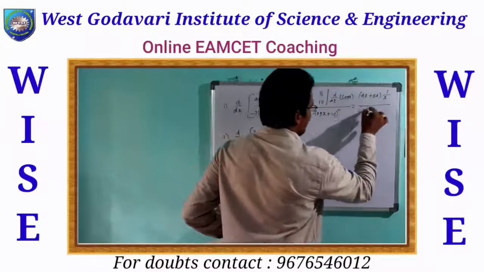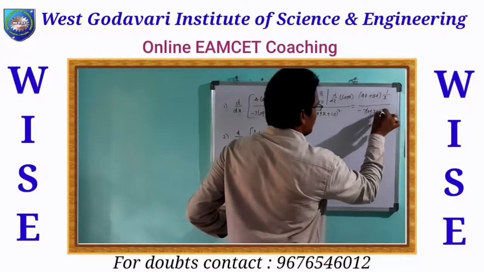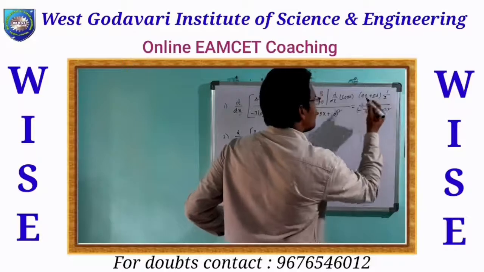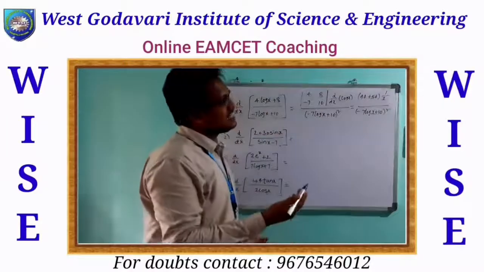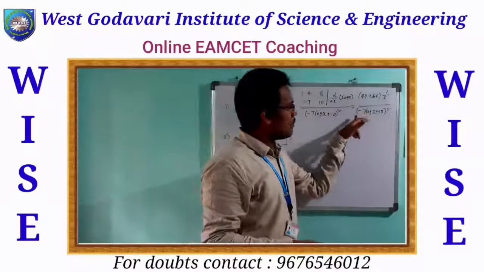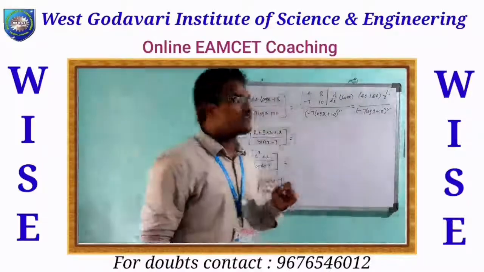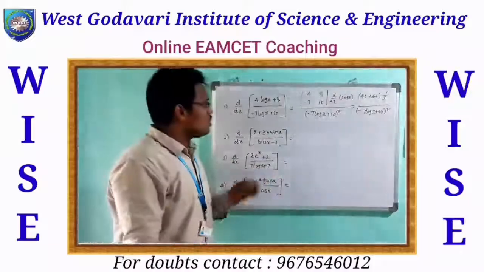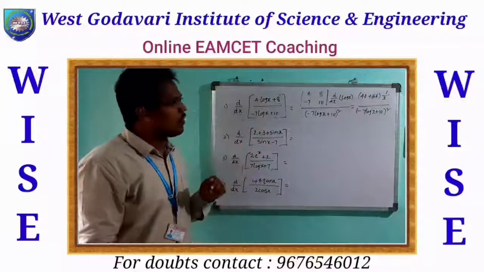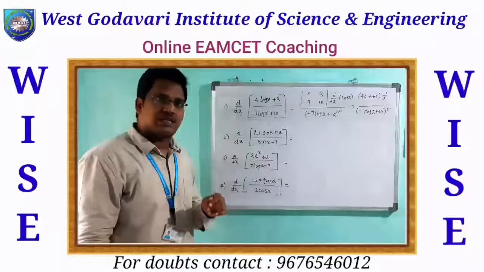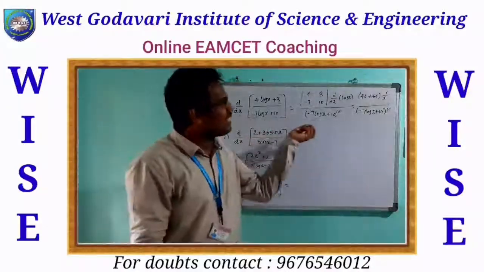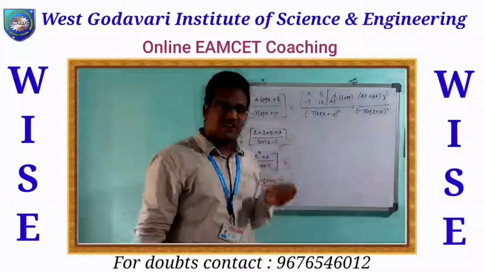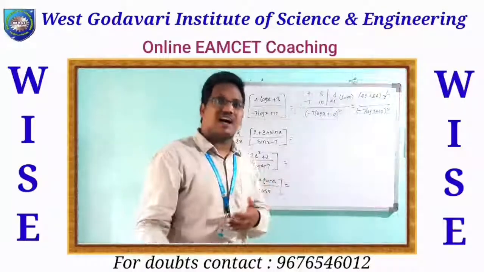So minus 7 log x plus 10 whole square. So 40 plus 56, that is 96 by x upon minus 7 log x plus 10 whole square. That is the answer. So there is no need to apply the u by v formula to solve this type of question. Just by knowing the shortcut trick and the formulas of differentiation, we easily get the answer in 2